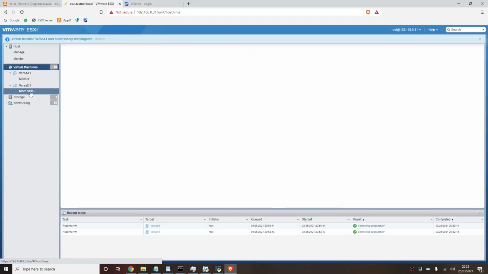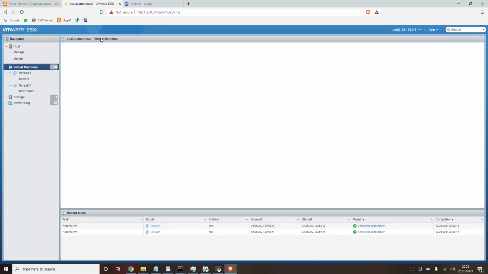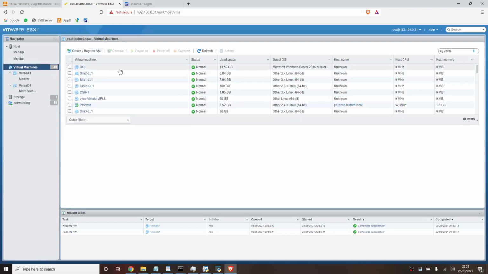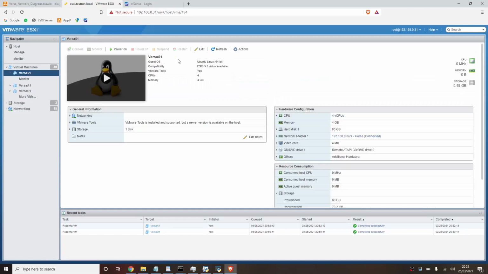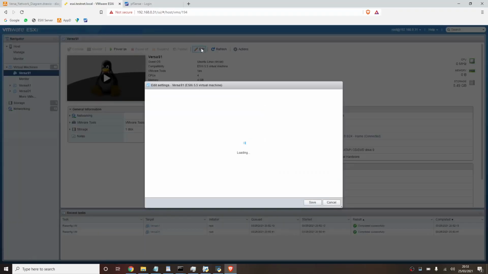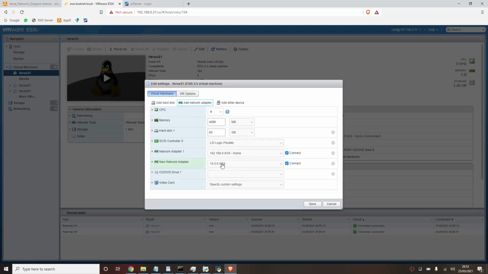Go back into our VMs. Don't get why it's not working first time. I'm going to click on it. Okay, let's do site 1. Edit. And we will add the network adapter of,